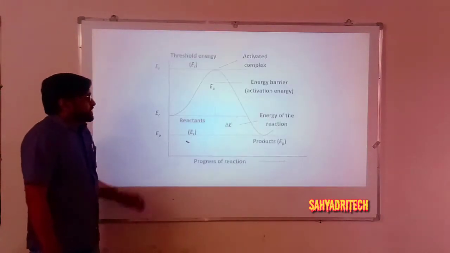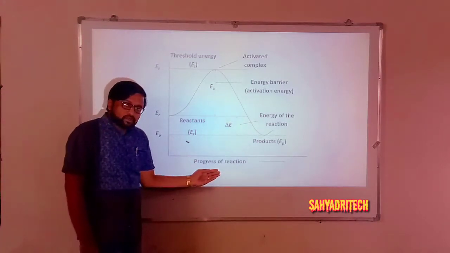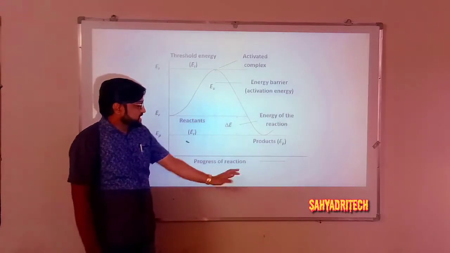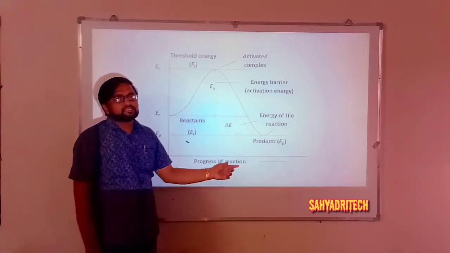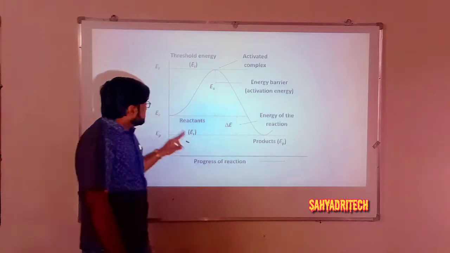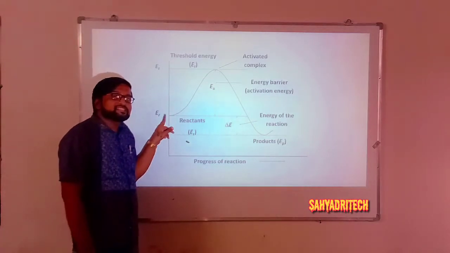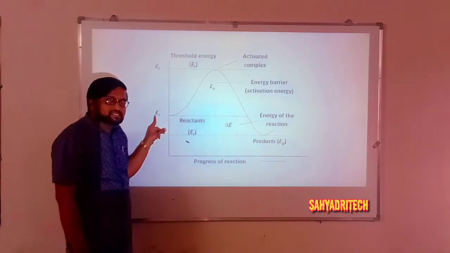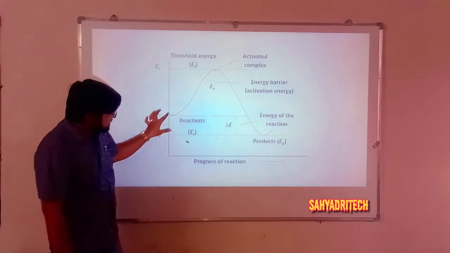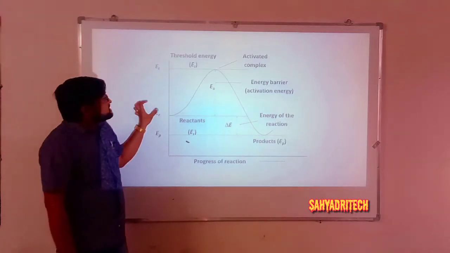Well, now let's consider how to represent this graphically: energy versus reaction coordinate. If you plot a graph of the energy of the species versus reaction coordinate, or the progress of the reaction, in the sense of conversion of reactants into product. In the graph here I mentioned ER. What is this ER? ER indicates the energy of the reactant molecules, which means the energy of normal molecules. It is the quantity from here to here.